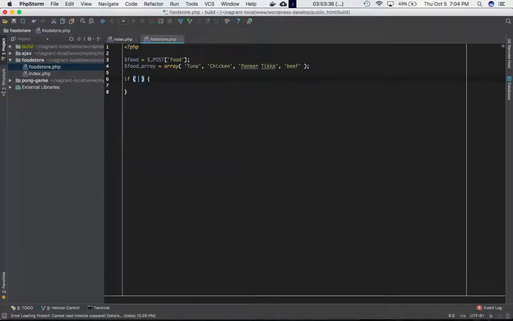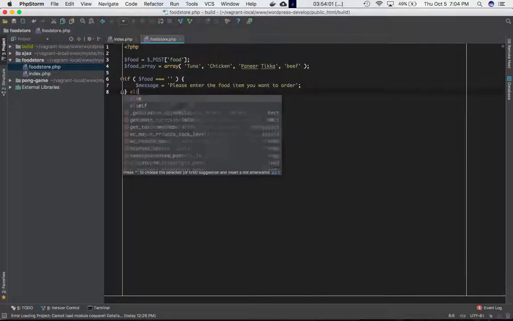We're going to check if the food is empty, which means if the user hasn't entered anything, then the message we want to display is: please enter the food item you want to order. Okay, and if that's not so,